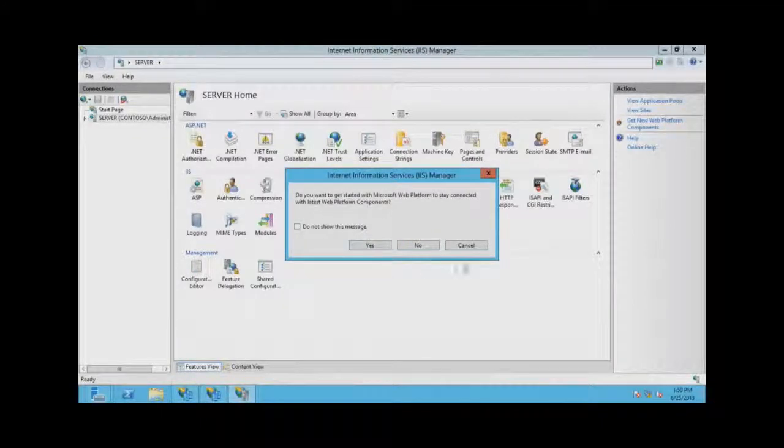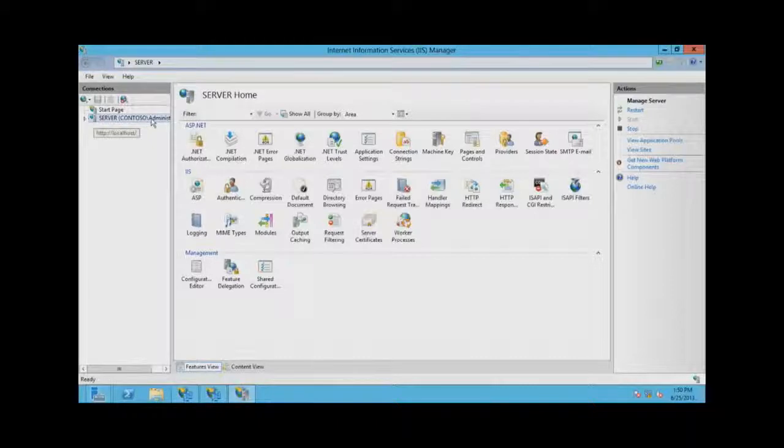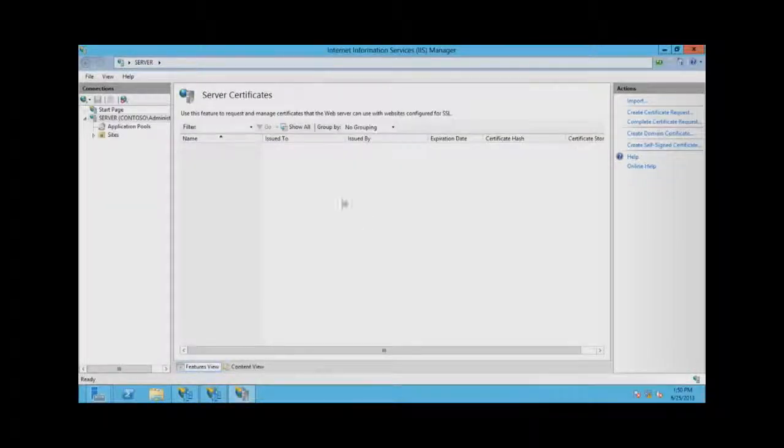You'll see this the first time you launch Internet Information Services Manager, IIS Manager. We're not going to worry about web platform. I'm going to turn that off. We're already on the server, and right here on the server is Server Certificates. I don't have any certificates here. I want to create, in this case, again, for the sake of the demonstration, a self-signed